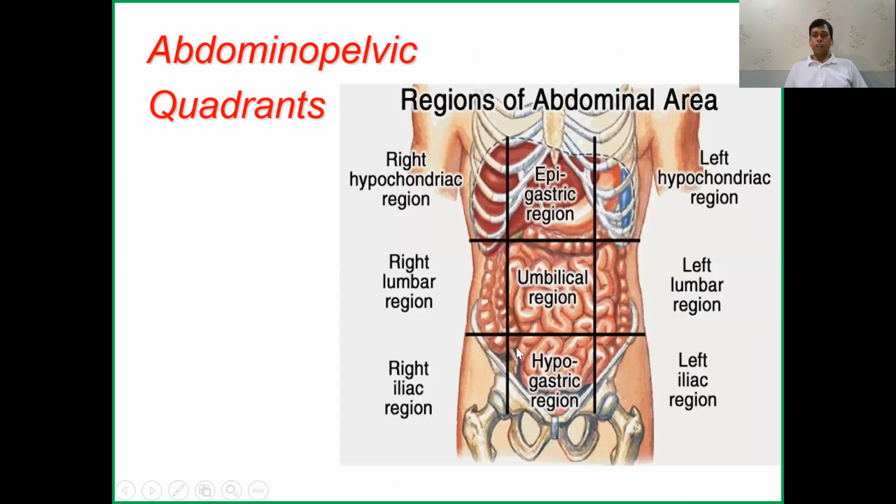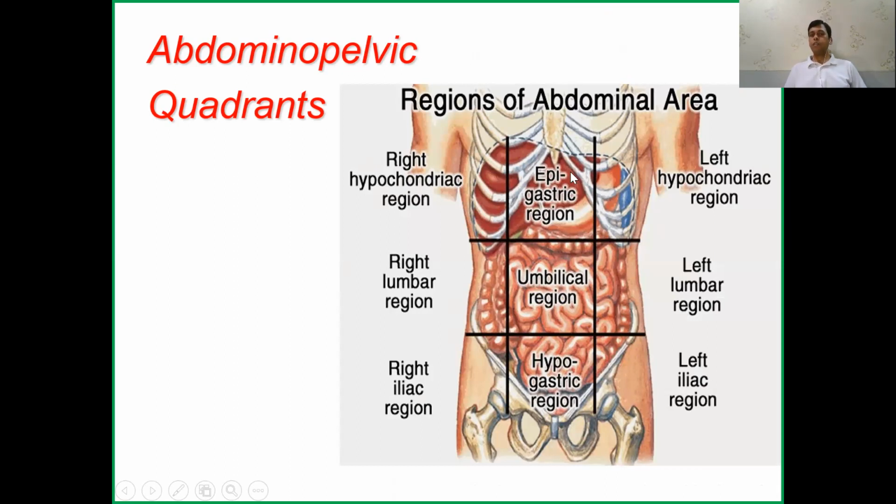And this is the last slide, and this is the region of the abdominal area. How can we divide this abdominal region? Sometimes we need to say where there is a pain. Say this nine-part division of this area, and this is called hypochondriac, below the ribs. This is the right hypochondriac region, left side, the left hypochondriac region, and in the center this is called